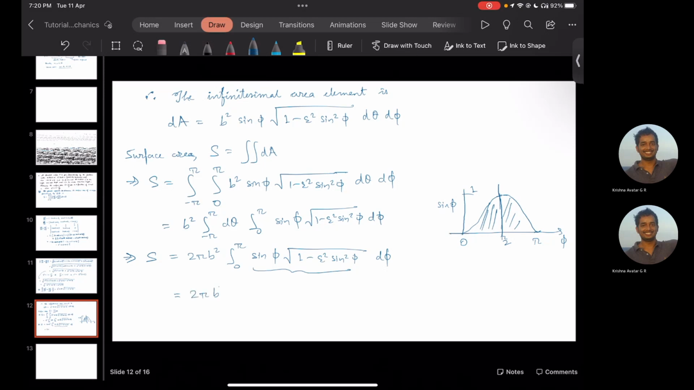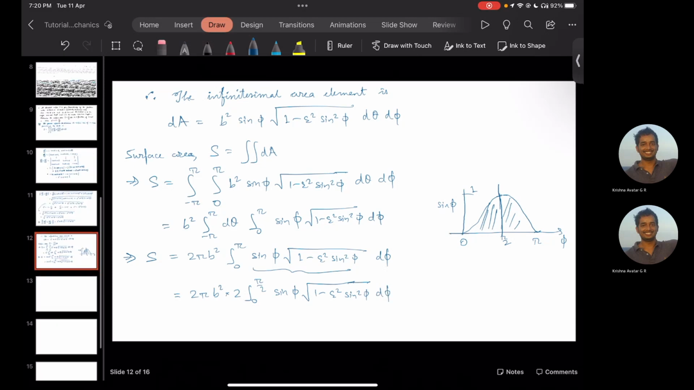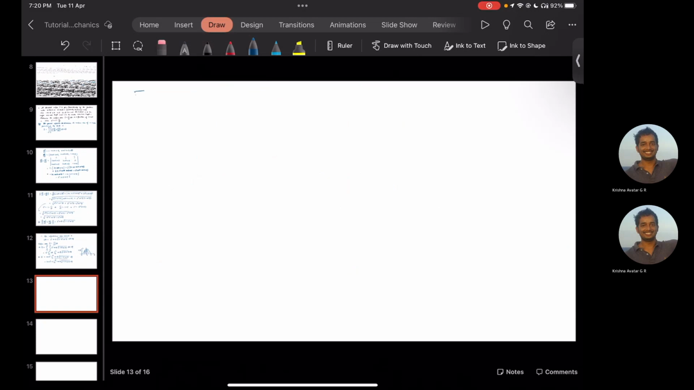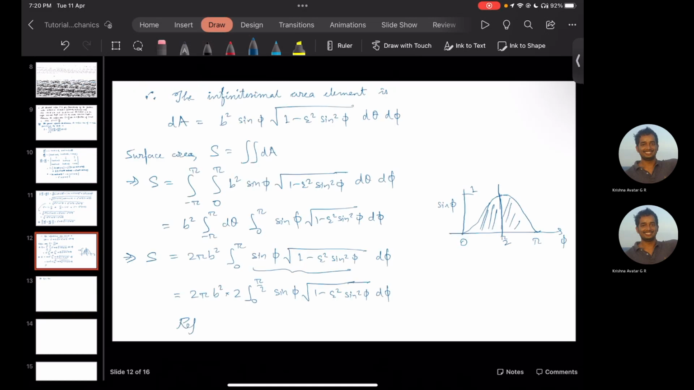So we just use that symmetricity property, which is equal to 2 into the integral from 0 to pi by 2 of sine phi root over 1 minus epsilon square sine square phi d phi. And so on the next slide, let me just write it down, this implies that S is equal to 4 pi. Now what I'll do is I'll just replace